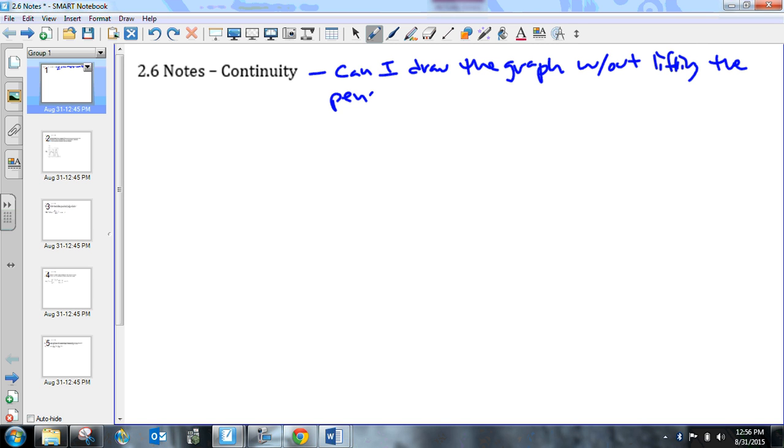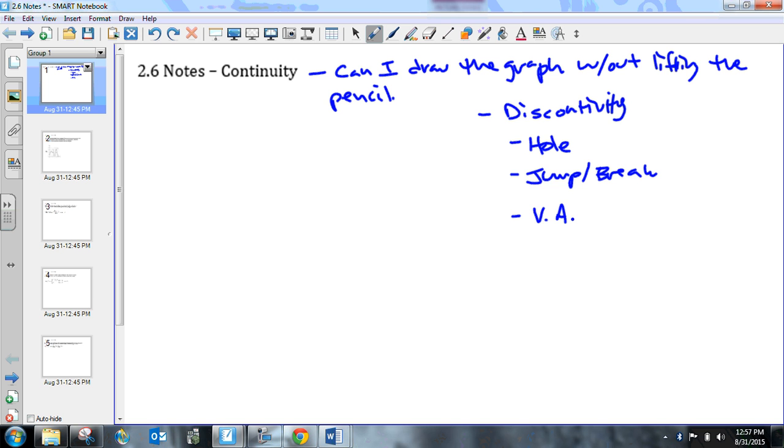You've probably heard us talk about a continuous function or a discontinuous one. So let's think about something that would create a discontinuity. A discontinuity would be either a hole, a jump or break in a graph, and vertical asymptotes also create discontinuities. All right, so by definition,